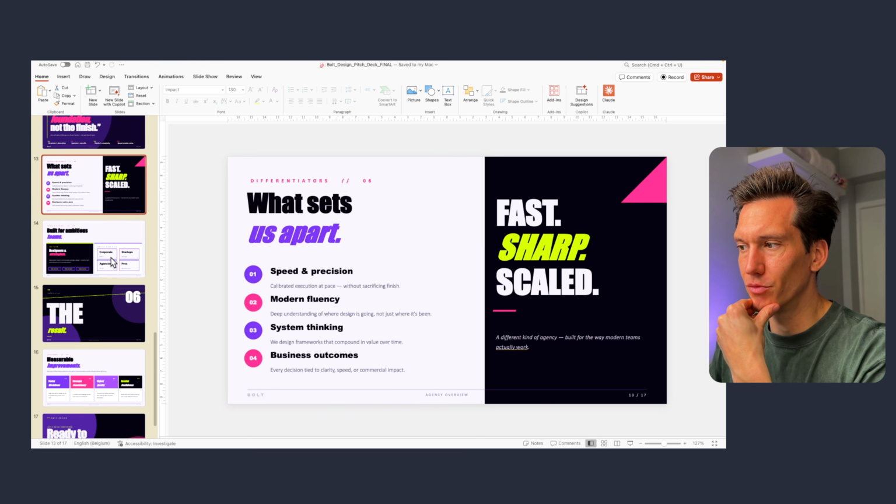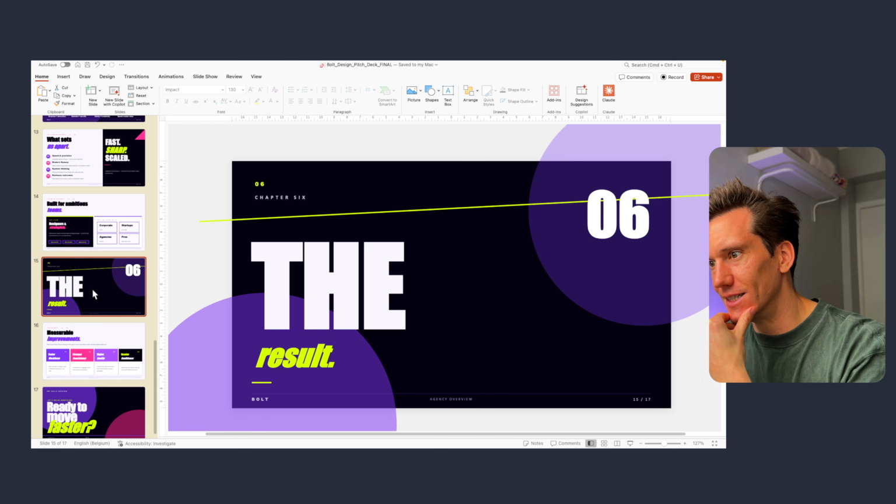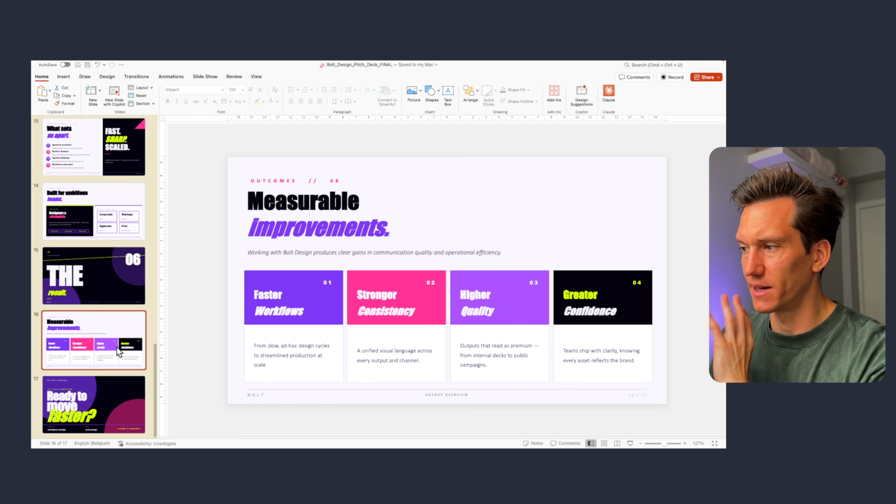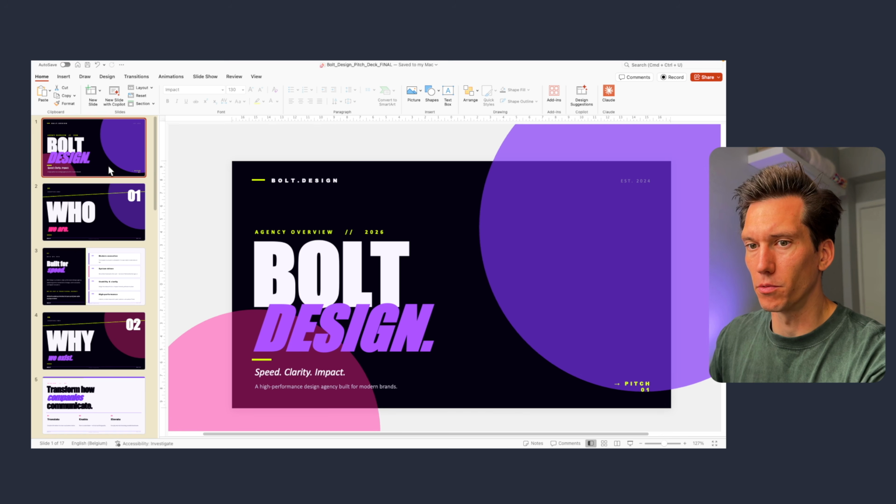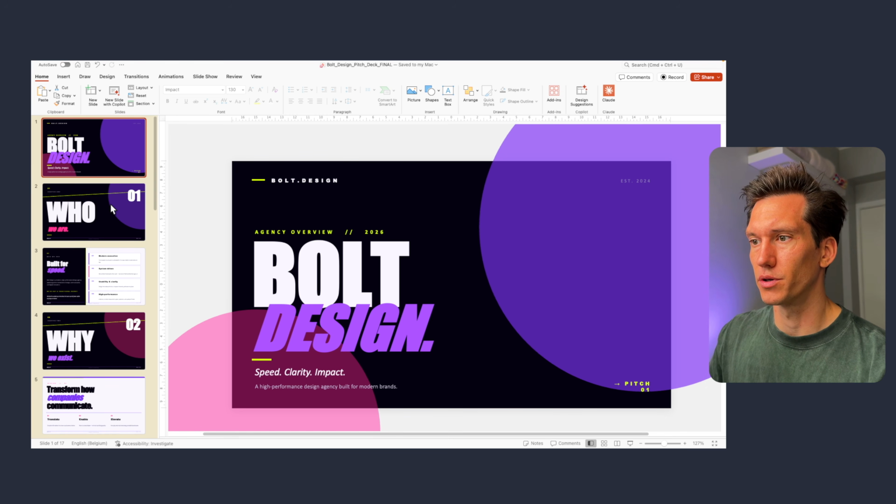So again, I'm not the biggest fan. I'm also not dissatisfied with the result that it gave. I think it looks way better than what a lot of people would come up with if they have to sort of do a bold design. This is a very good starting point. Maybe it can give you some inspiration, but from a technical point of view, this is going to give you